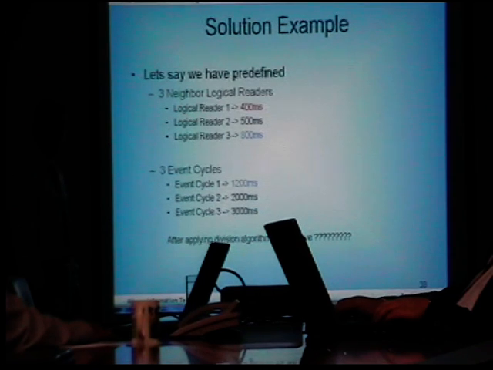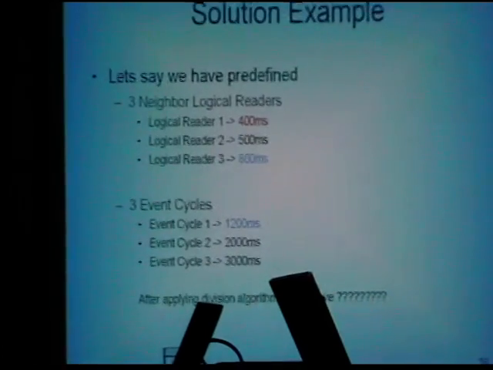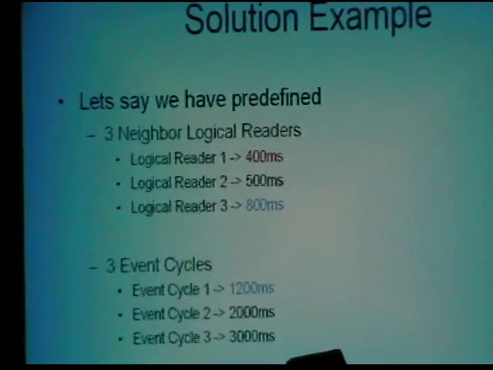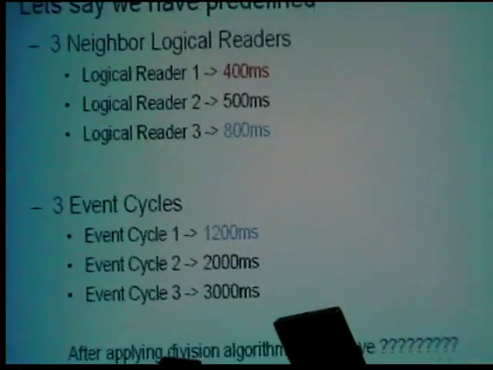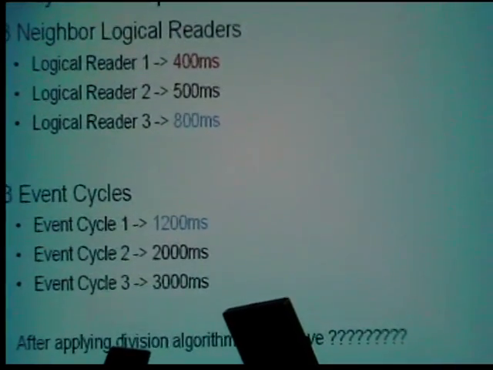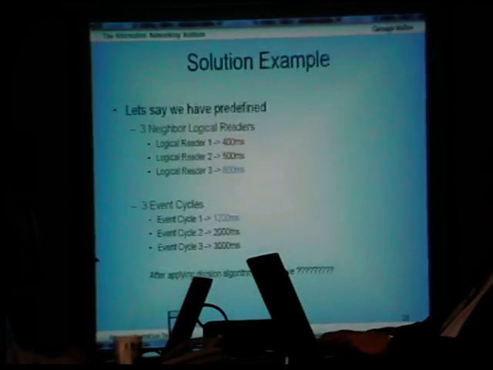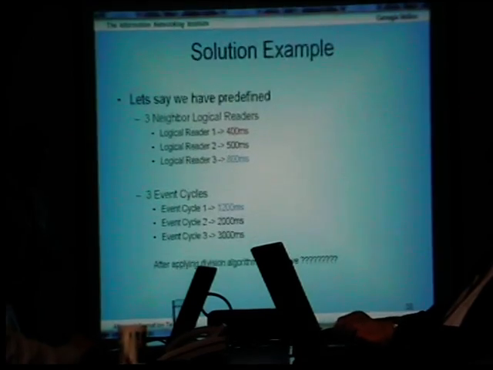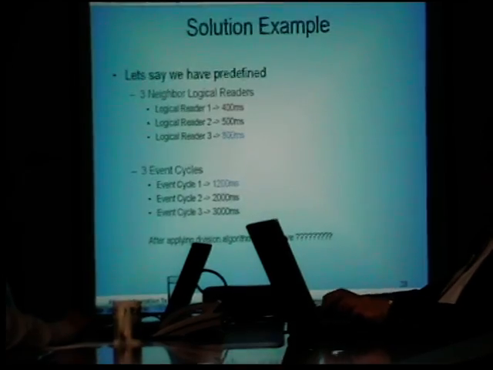So let's take a look at one example that I have implemented, which I think will clarify what I have done. Let's consider a situation when we have three neighbor logical readers. Logical reader 1 has a 400 millisecond reading time interval, logical reader 2 has 500, and the third one 800 milliseconds. As I mentioned, inside the specification we have defined that the lowest boundary for the specification is 500 milliseconds. So what my application will do when